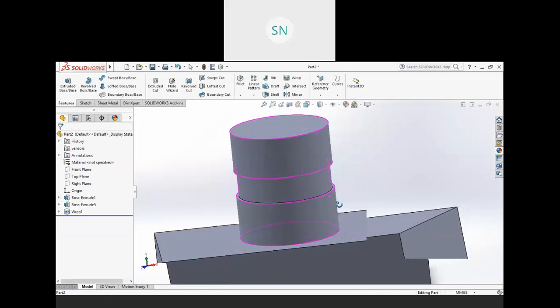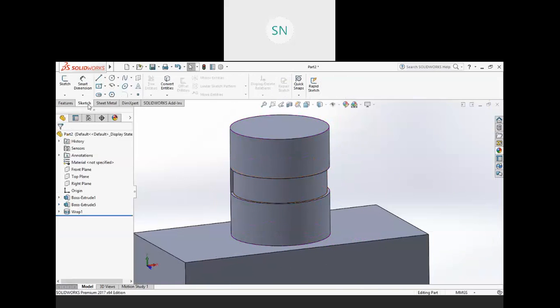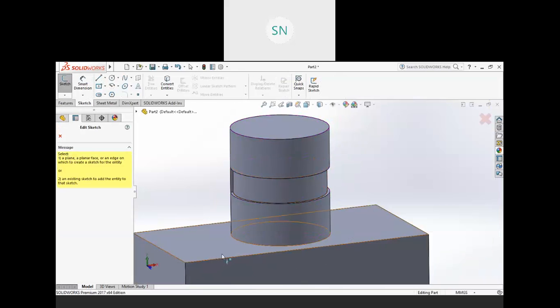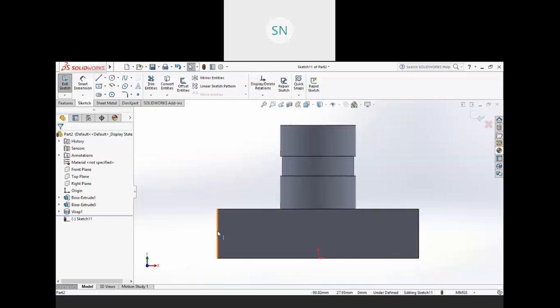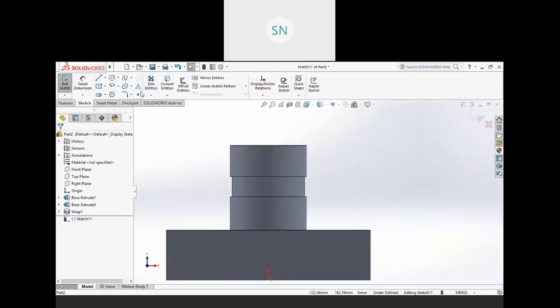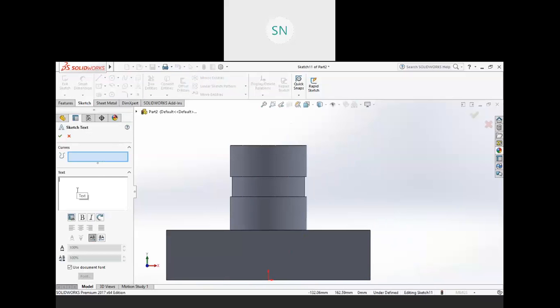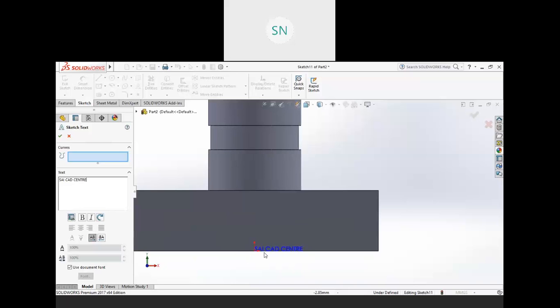So same thing with the text. Let me create one more sketch. Control 8 and text. So this is my text and it is very tiny.